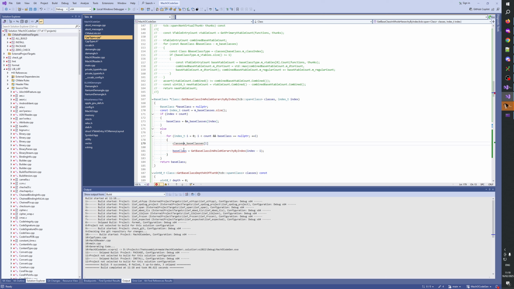Classes, base classes dot base offset. No, class index. There we go. And then